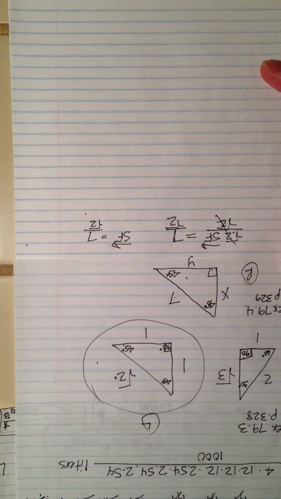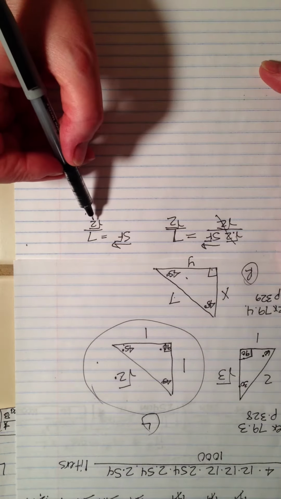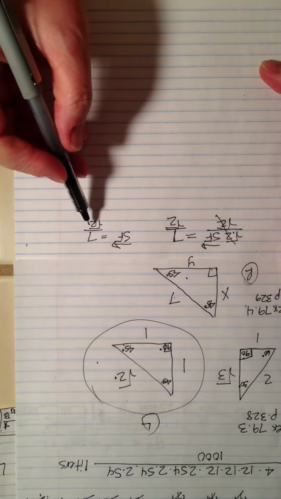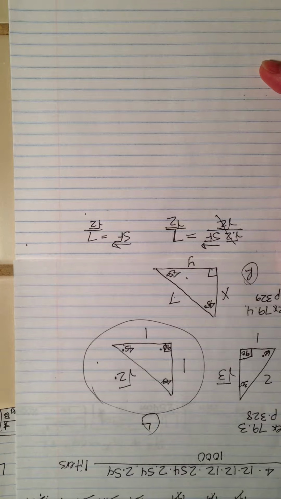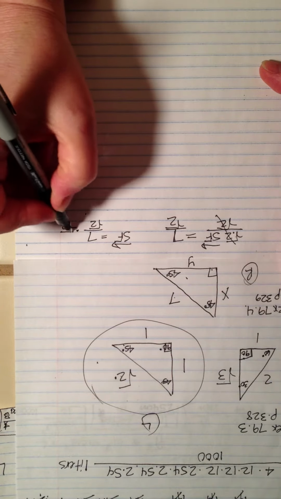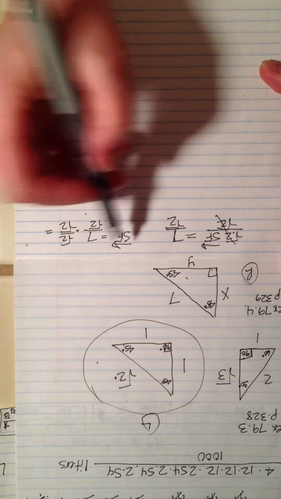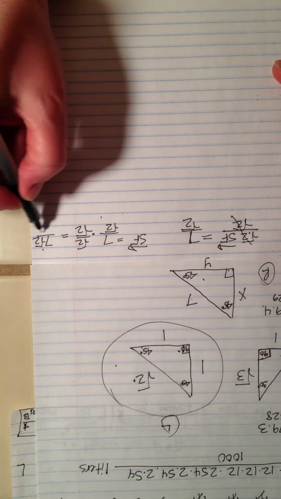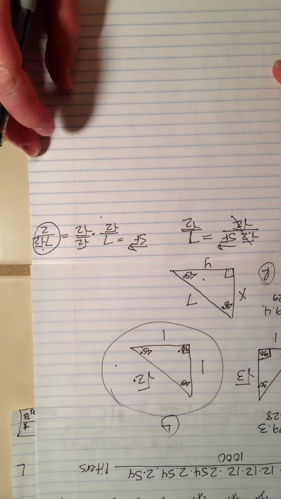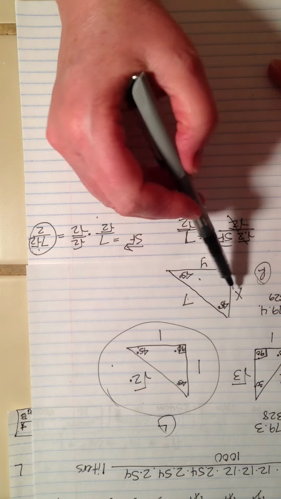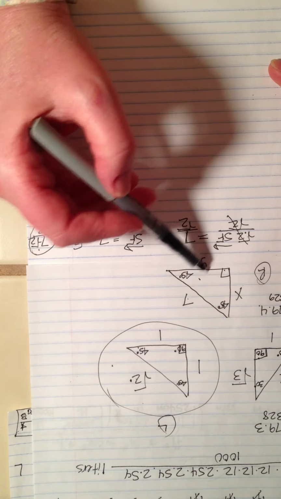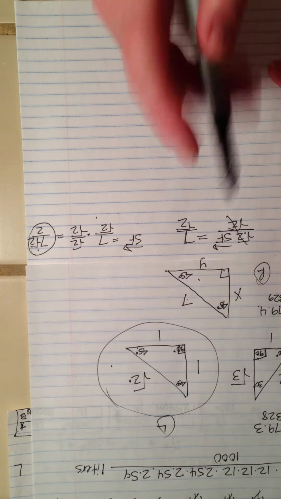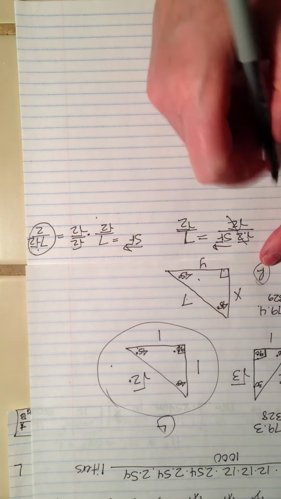Whoa, our mathematicians' brains are going off because we've got a square root in our denominator, which we all hate. We want to rationalize our denominator, so we'll multiply it by square root of 2 over square root of 2. And so our scale factor adjusted is 7 times the square root of 2 over 2. That magical number is what we will use to relate x to the original triangle and y to the original triangle. And what's super easy about this is that now we take the number on the left-hand triangle,